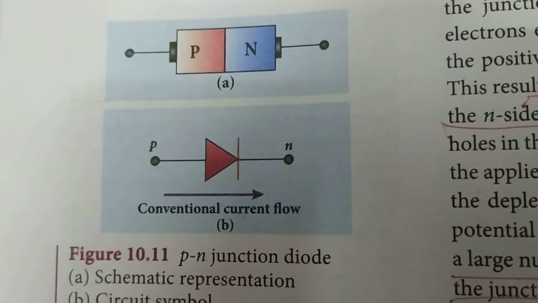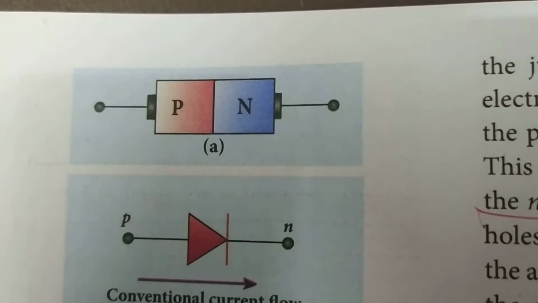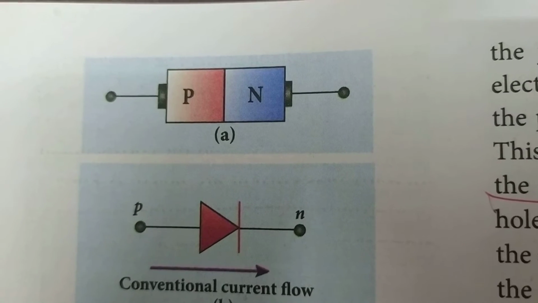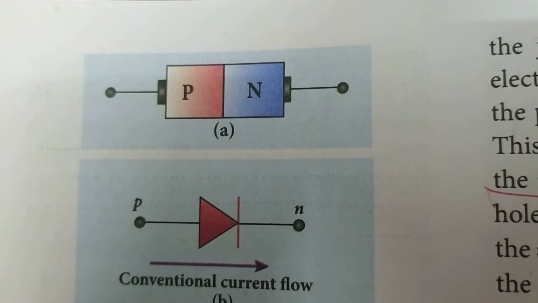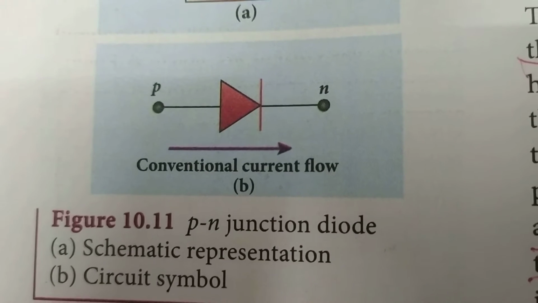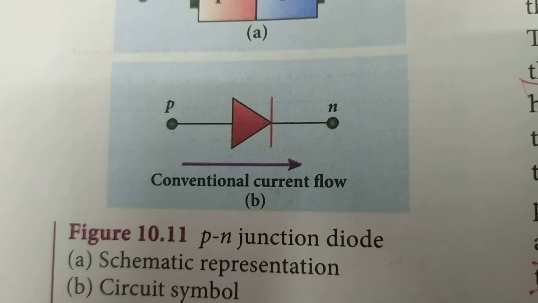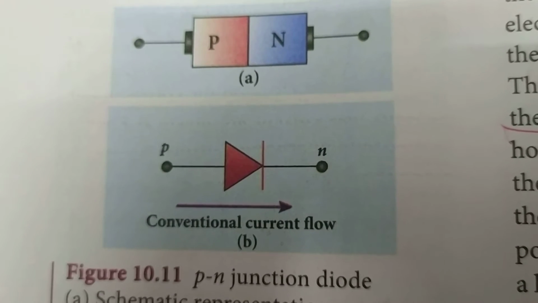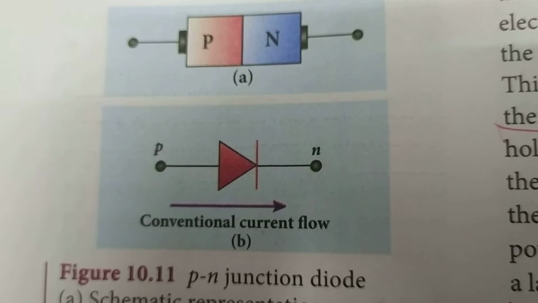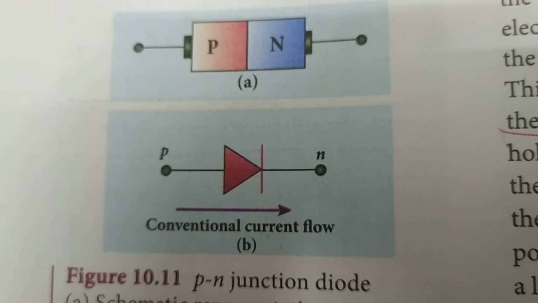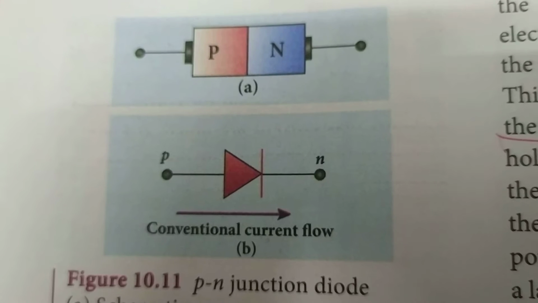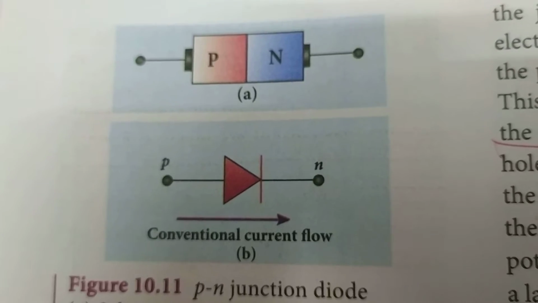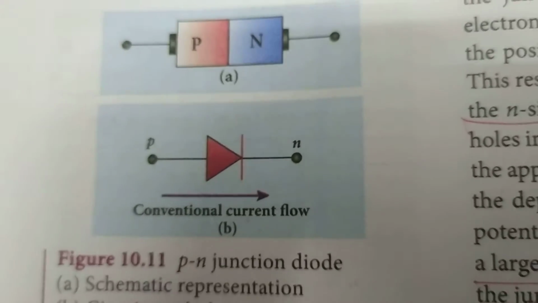The first diagram is a schematic representation of a diode, that is a p-type and an n-type. The orange portion refers to p-type and the blue portion refers to n-type, and this is called a diode, and this is the symbol for a diode. A triangle with a line: the broad side of the triangle is called p-type, and the line on the right hand side is called n. So the base of the triangle represents the positive p-type, and the line on the right hand side gives you the negative type.